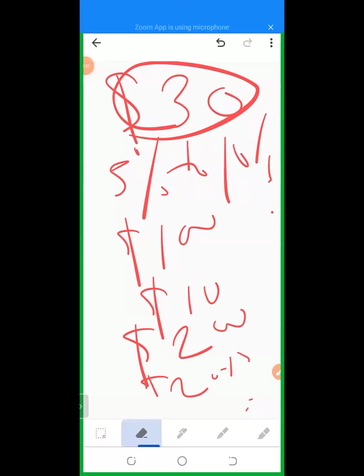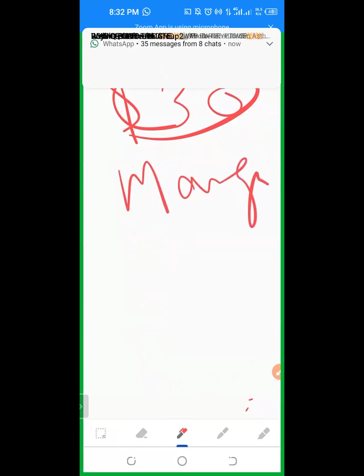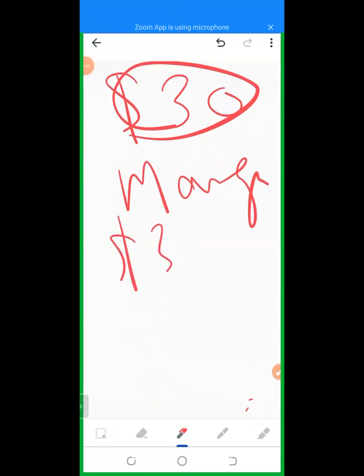So when you talk about the meaning of margin, the $3, I'm talking about margin now. The $3 that you committed to that trade out of the $30 you have is what we call margin. That's your margin position in that trade. Now, you still have a $27 balance.